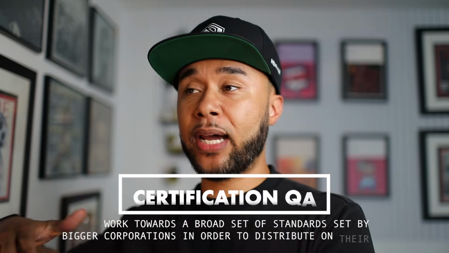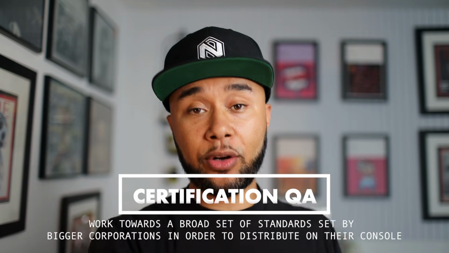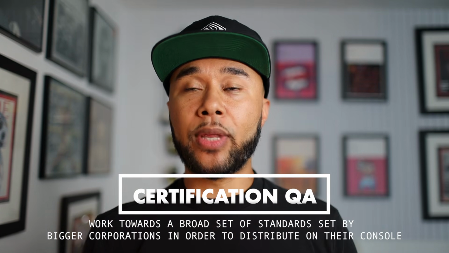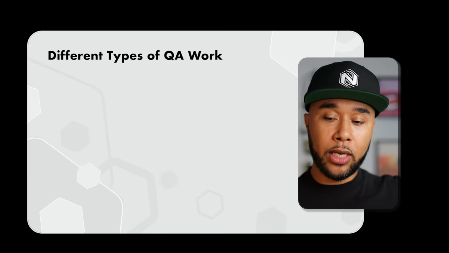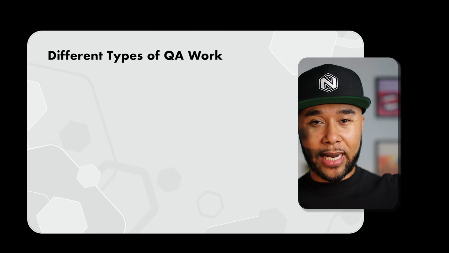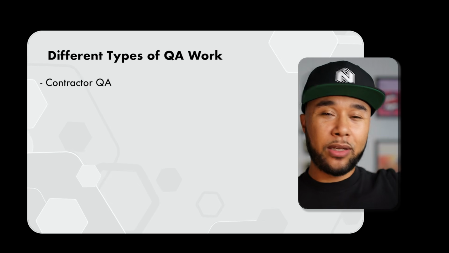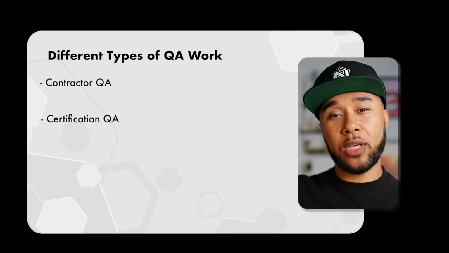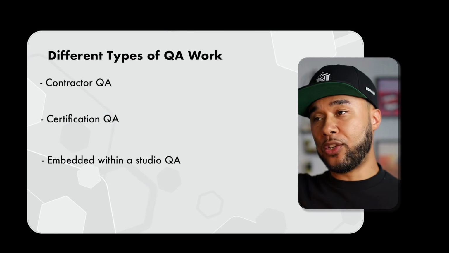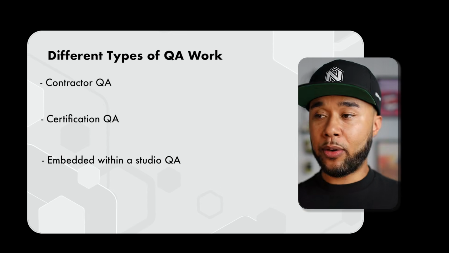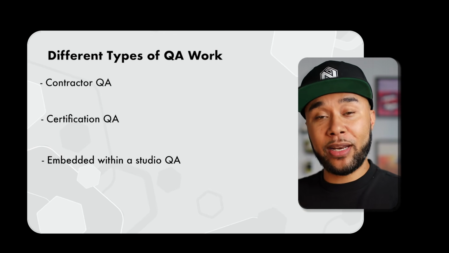In this case, you're not really connected with any company that is actually making the games. You are there to basically find bugs that don't match a Bible that both Sony and Microsoft have, that games need to pass in order to get onto their console. So that's basically a certification QA. So those are some of the types of QAs that you have: contractors, somebody working on certification, and somebody embedded in the studio. You guys can probably tell by now that most likely the best is to be embedded in the studio,